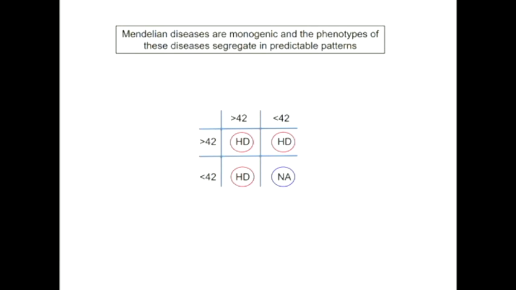So Mendelian phenotypes are monogenic traits. In other words, one gene. Huntington, one gene, to give the disease. However,